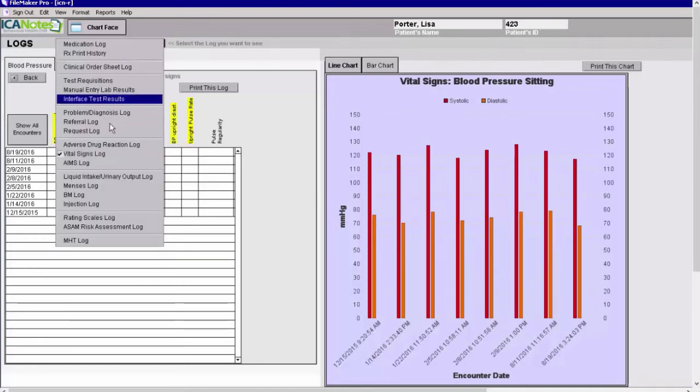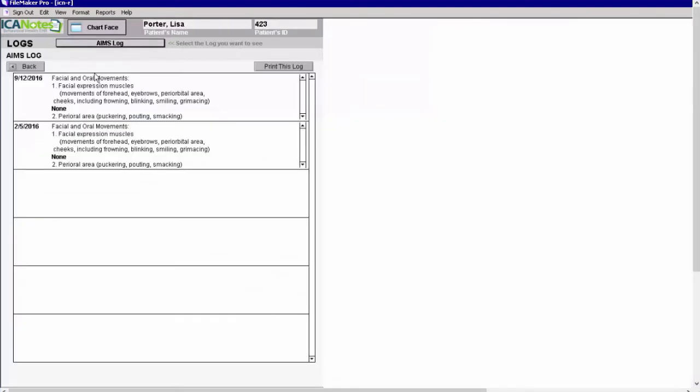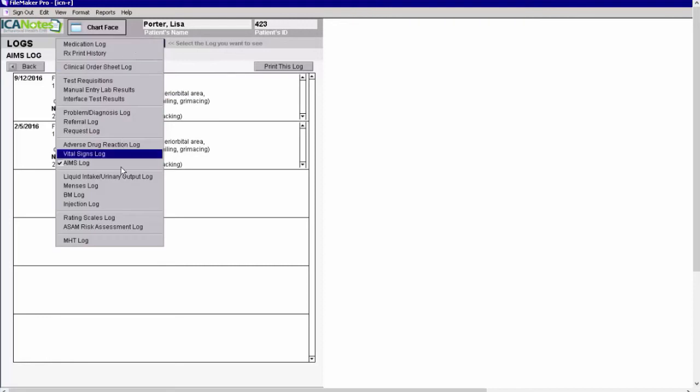And we'll continue on. There are some other logs in here as well. There's the AIMS log if you want to see anytime you've done an AIMS exam, and you can see those results. There is an input and output log, Menses log, BM for bowel movement log if you're tracking that in our program,